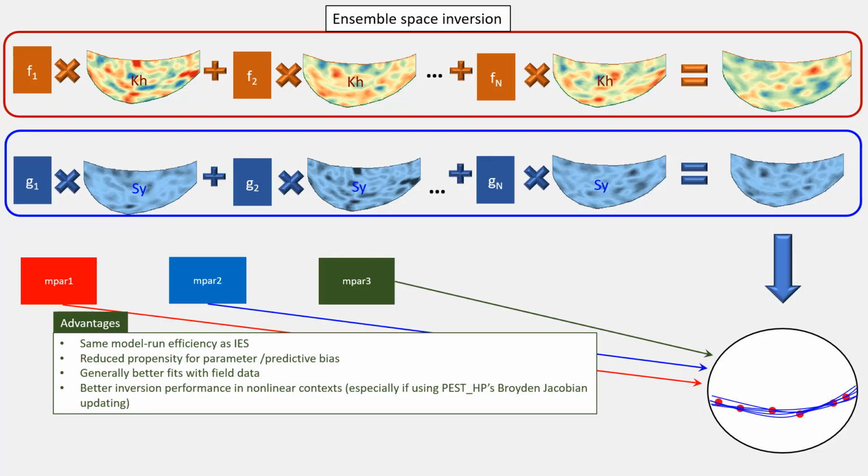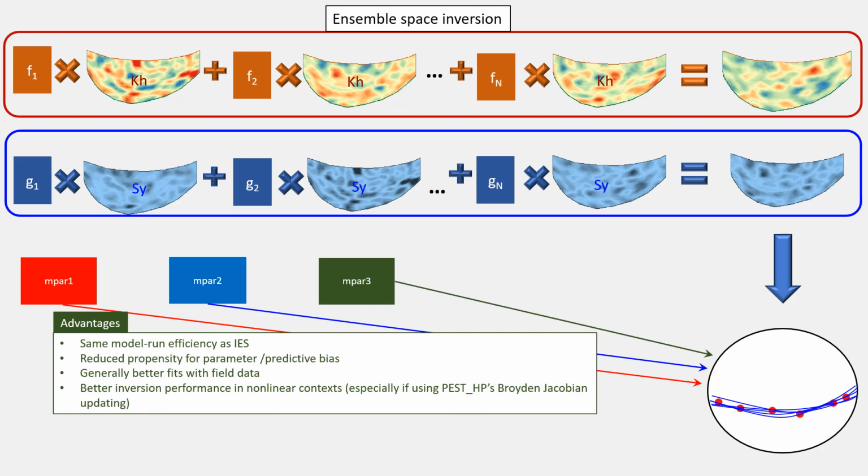Not only do we gain our history matching alacrity in nonlinear situations just because of the way that the inverse problem is formulated, but we gain even more robustness if we use PEST HP to calibrate this model and invoke its Broyden-Jacobian updating functionality. Now this is fully described in the PEST manual, but here is a brief description of how